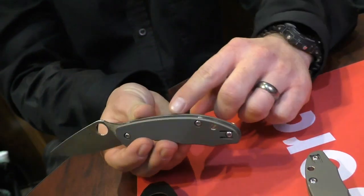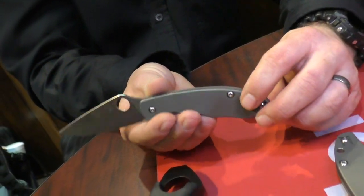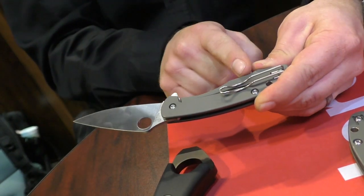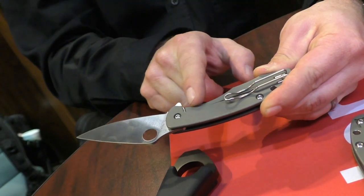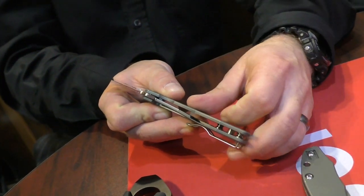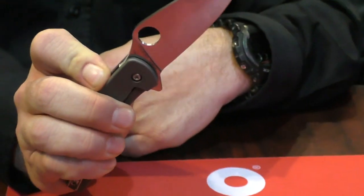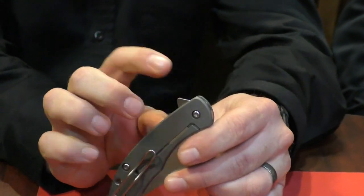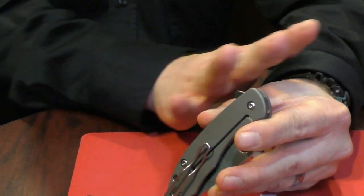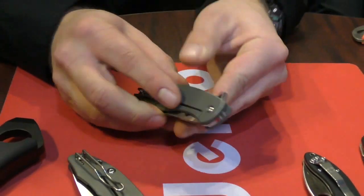It's screw together construction, so it's an open back, with a large piped lanyard hole and a deep pocket wire clip. It's got a Reeve Integral liner lock with a stainless interface here that also acts as an overtravel stop. It's got ball bearing washers in there, so it's going to have great action. The kicker has a nice little chamfer so that it feels good in the pocket going in and out. And so this is the Mantra, and then the Mantra 2 is the same knife except